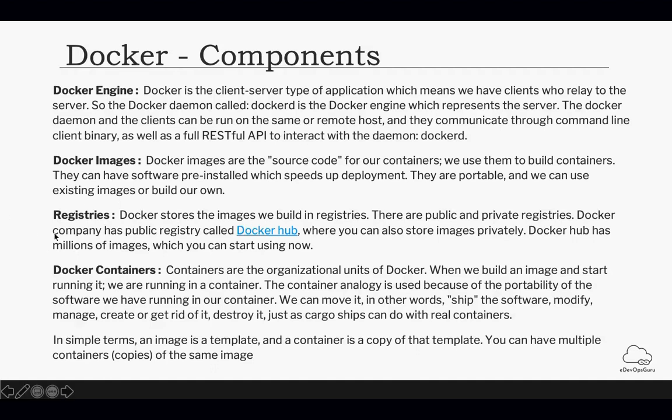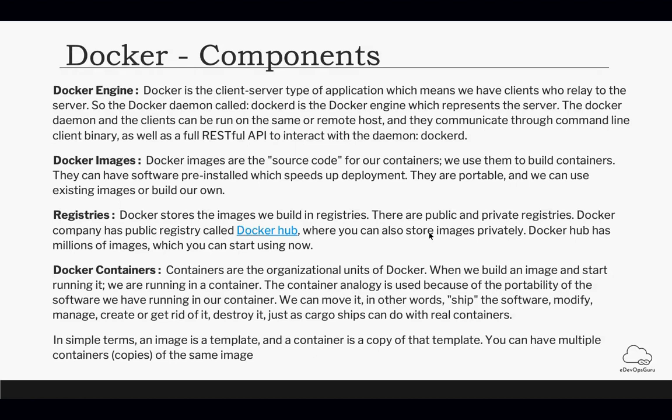Okay, fine. So Docker registry, as we have already seen, stores all the images which you want to publish or share with others or even ourselves. So there are two types of registries. One is a public registry, which we just saw, Docker Hub. There you can store these images privately as well as make these Docker images public also.